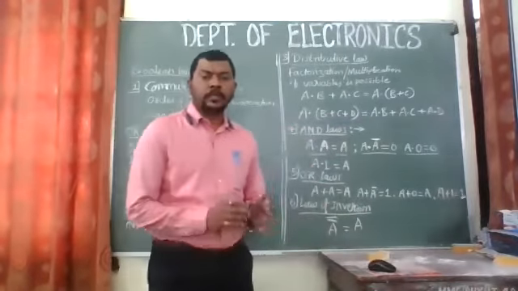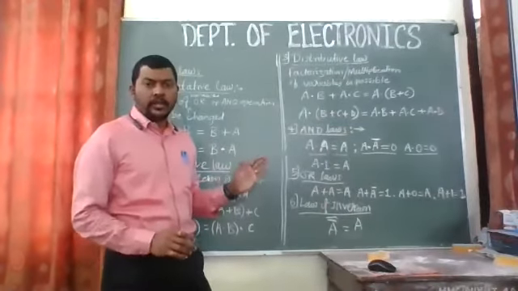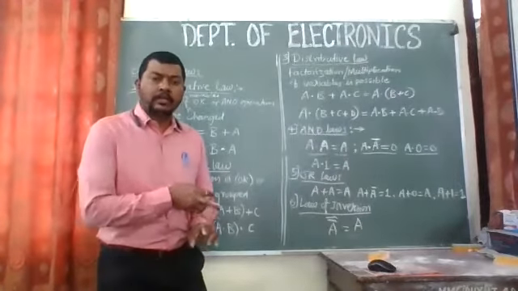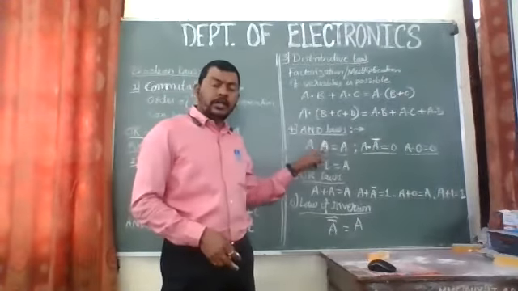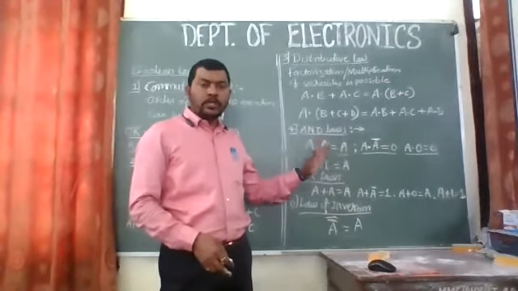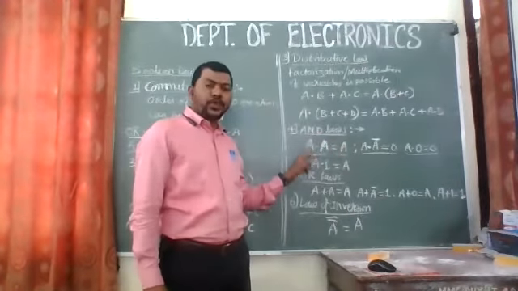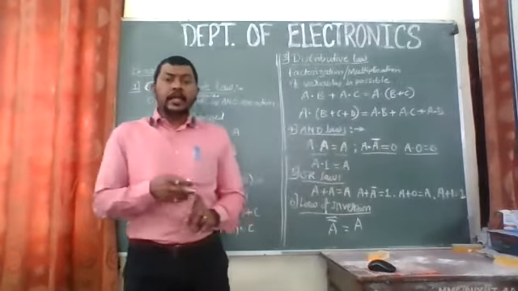Yeah. So in AND laws, what is there? In AND laws, we are having four AND laws, right? So we have to multiply the variable with the same variable, that is A dot A, right? So A dot A is A. What it implies, if you put A as 0, then the output will be 0. If you put A as 1, the output will be 1. So A dot A is equal to A.